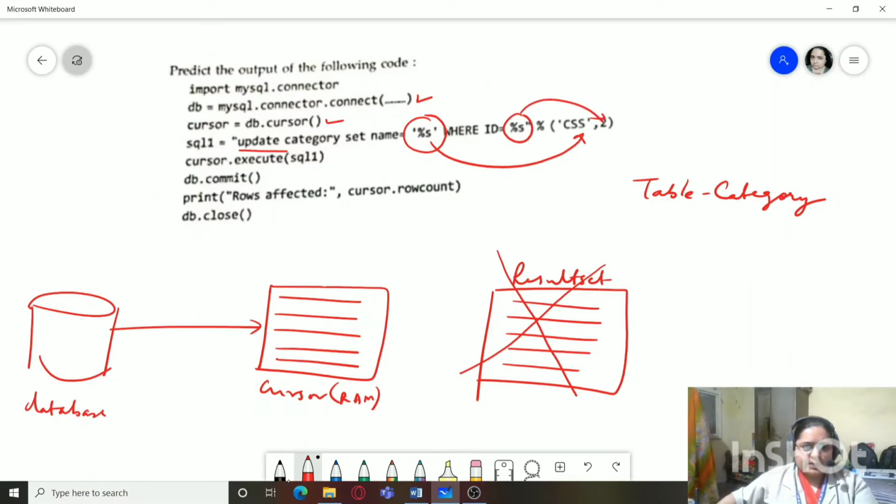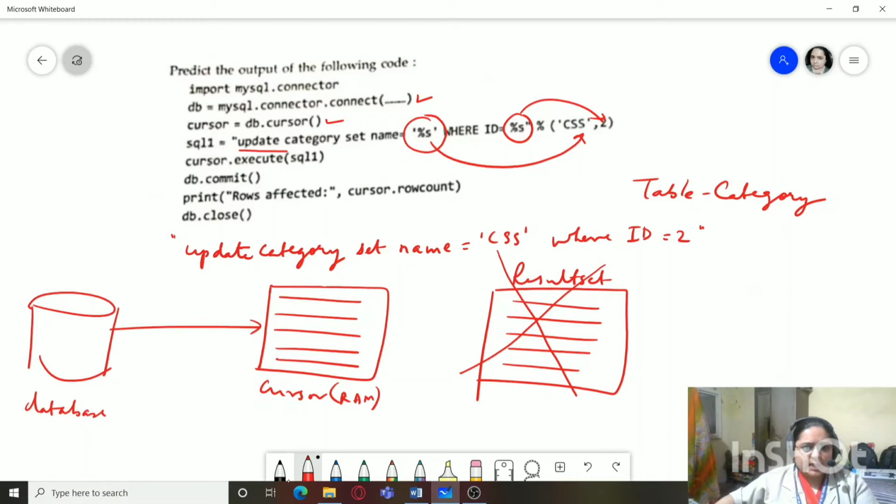So it will be like this: update category, set name equals CSS, where ID is equal to 2. So this is going to be the exact SQL query which is to be executed on MySQL.